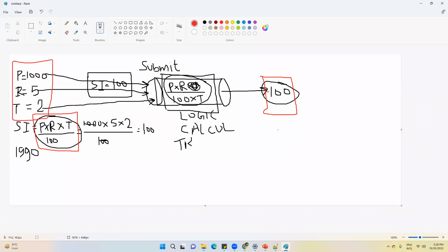You will show here negative, that the interest you earned is -100, and your stakeholder will tell you, what are you showing, Tanvir, here -100. I will tell that no, actually the source team has sent negative 1,000 rupees principal. He will tell, don't you have common sense? Have you not thought of this, that if the source sends this, you should be able to handle it? So as a data engineer, you should have this capability. You should think that, okay, next day by mistake, if someone gives me -1,000 rupees, what will I do, how will this calculation work.